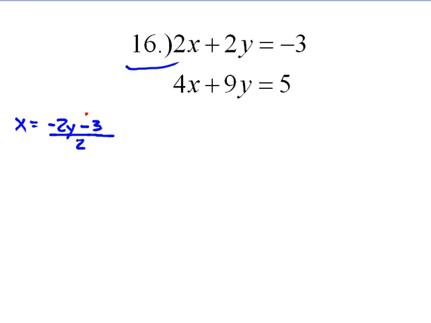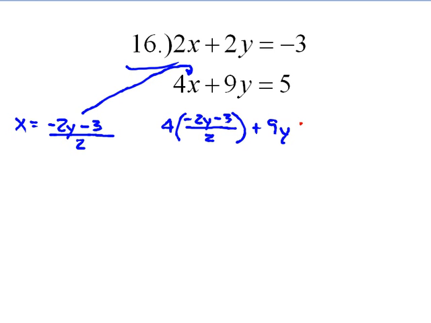Alright, now the idea was to solve for one variable and then put it into the second equation, substitution. So we have 4 times -2y minus 3 over 2 plus 9y equals 5. So we've got